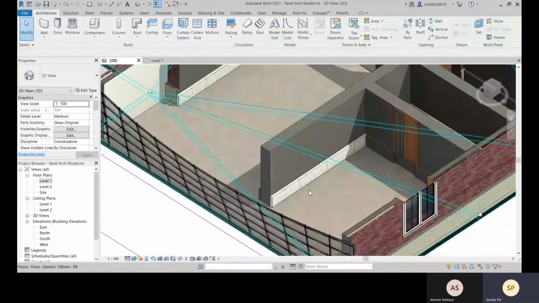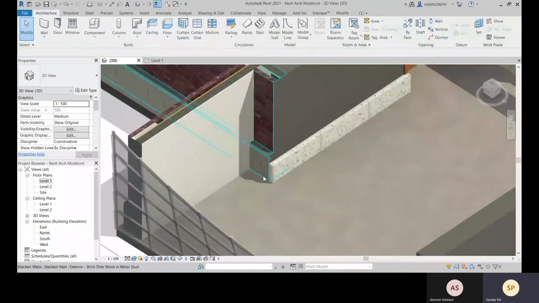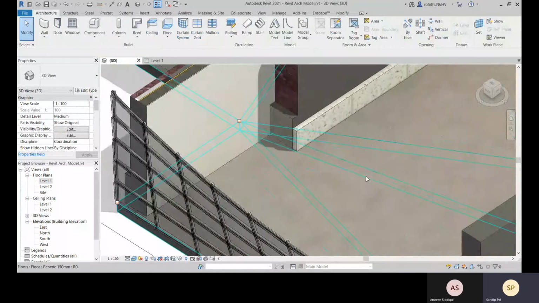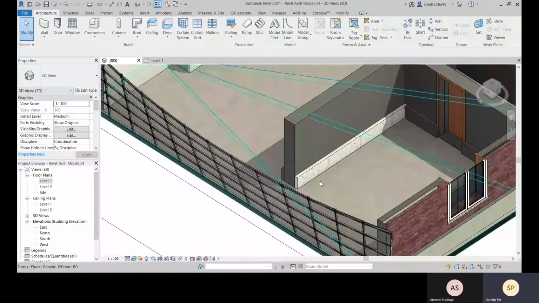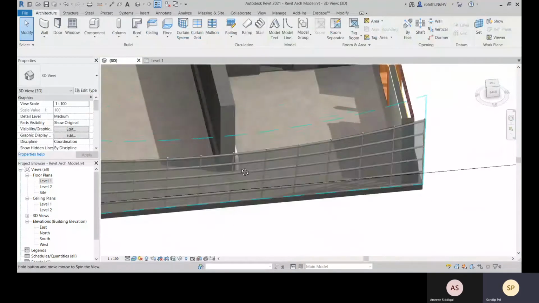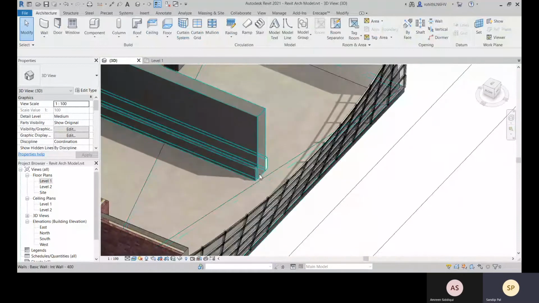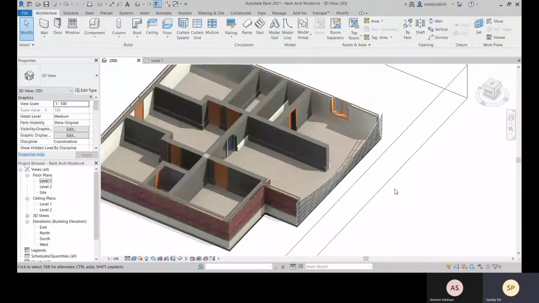Okay, so that can be possible to add at the end. That can be possible. So I will cover that later for this wall.